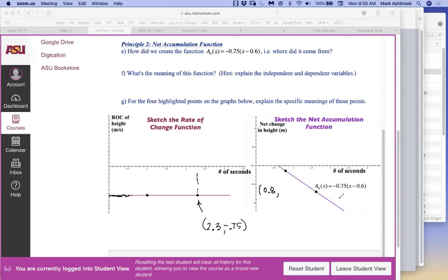And what is that? Is that negative 0.15 meters? Do I have that Y value right? Okay, so what does that point say? That point says that, so again, this is our net accumulation function starting from 0.6 seconds. It tracks the net change in height of the flag as time goes by. And so this point says that at,